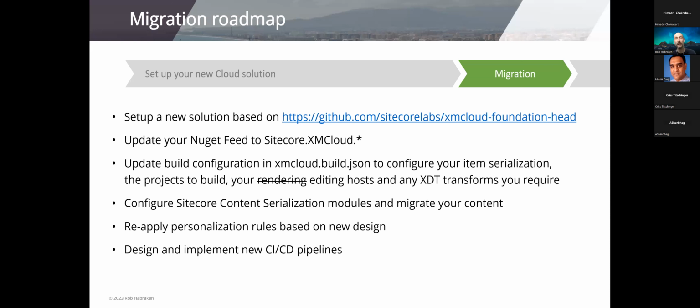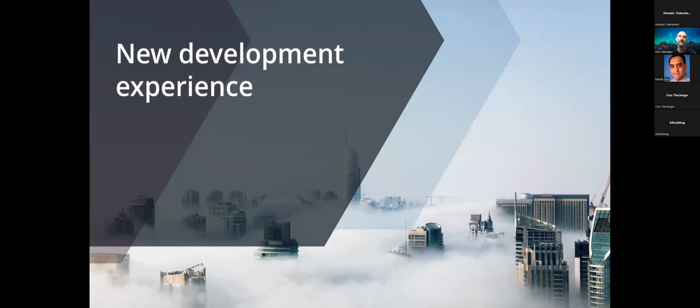And lastly, also very important, design and implement new CI/CD pipelines. For the pipelines, well, you can use the CLI commands coming with XM Cloud to deploy to XM Cloud, but you obviously also want to embed deploying your separate front end, for example, and obviously trigger the content serialization. So